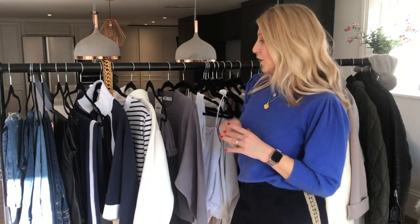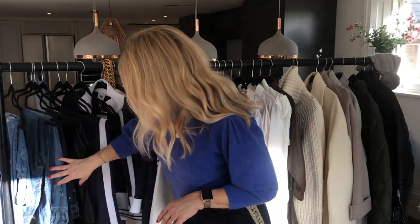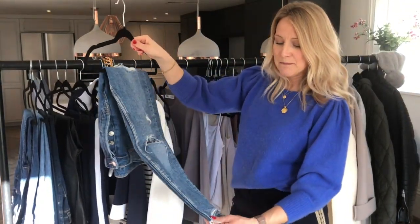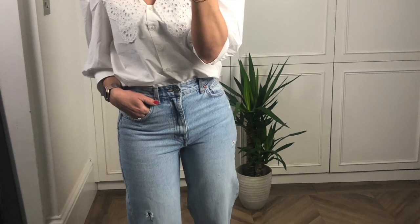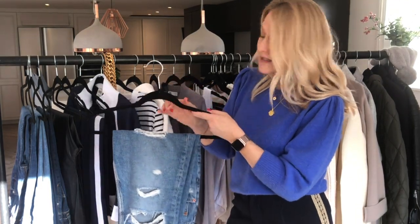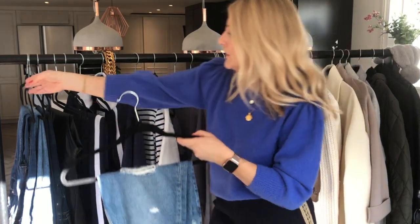So next up we've got a combination of different jeans and trousers. All of the jeans here are from Zara, and most of them are mum style, which many of you might have seen that there's been quite a big shift these days from skinny to either mom style or straight leg style. Ripped are really heavily back again this year. But I picked up kind of one from every range, and they included this mom ripped pair,